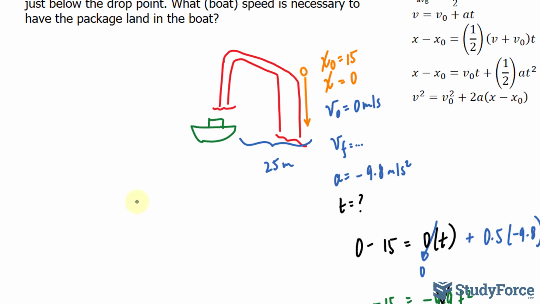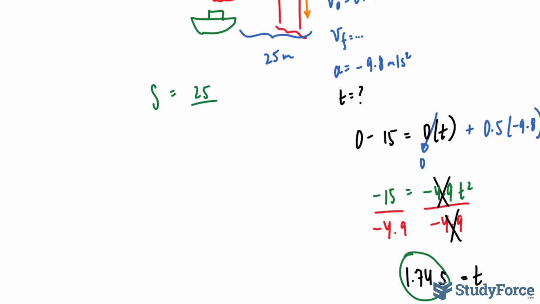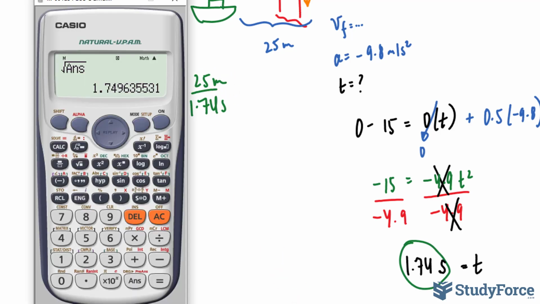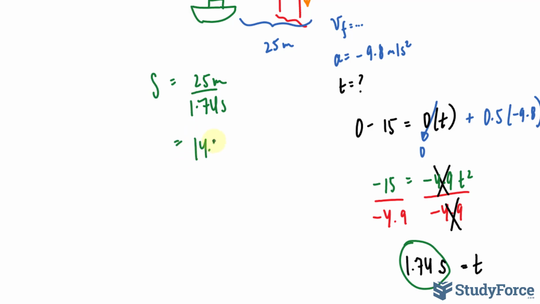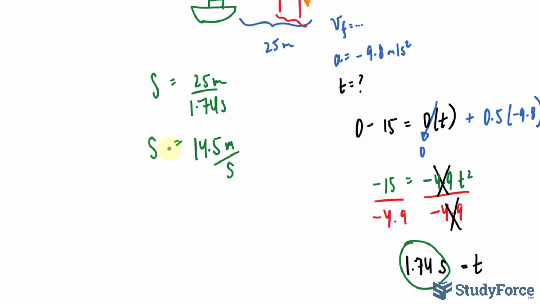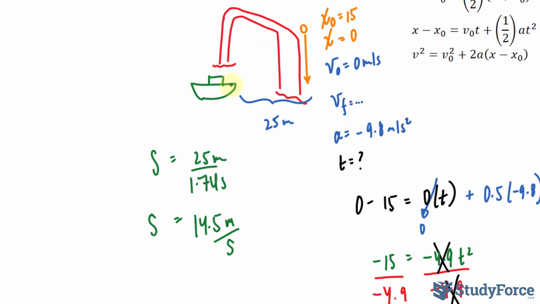To find the speed of the boat, we take the distance and divide it by the time. So the distance from this boat to this point is 25, and this package will reach 15 meters down in 1.74 seconds. So I'll write down 1.74 seconds, dividing these out, 25 by 1.74 gives us a speed of 14.36 or 14.5 meters per second. That's the speed at which the boat needs to move for this package to touch the deck